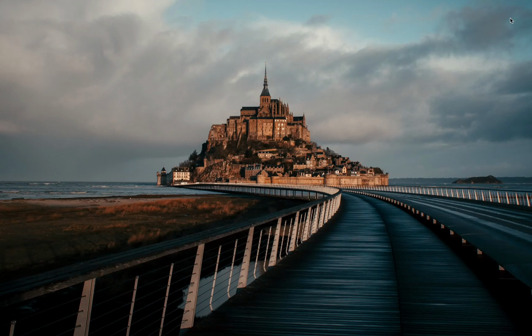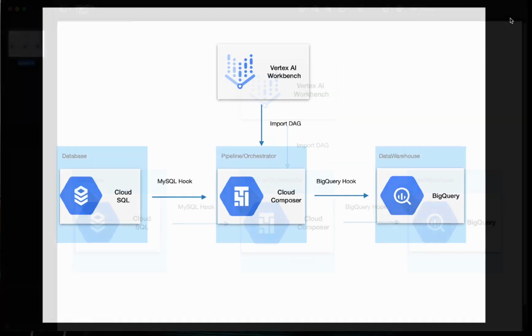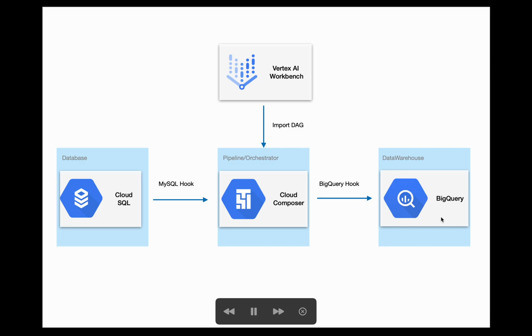Hey guys, today I'm going to introduce ML pipeline. So let's quickly go to the pipeline file. So this is the architecture I'm going to introduce today. It's the situation where you'd like to migrate from the database to the data warehouse using the pipeline or the